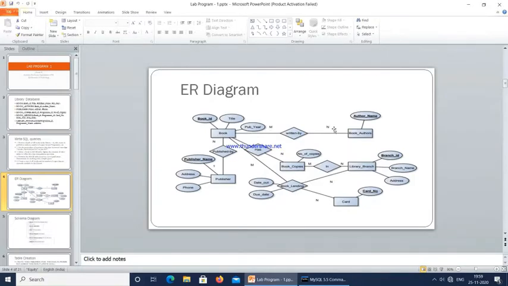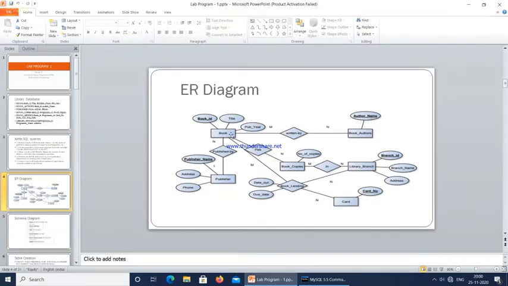Multiple books can be written by multiple authors. In some books only one author will be there, and in some books 2 to 3 authors will be there, a combination of authors depending on their domain specific knowledge, and they collectively write the book. In book authors, we have author name as an attribute, which is a primary key there.